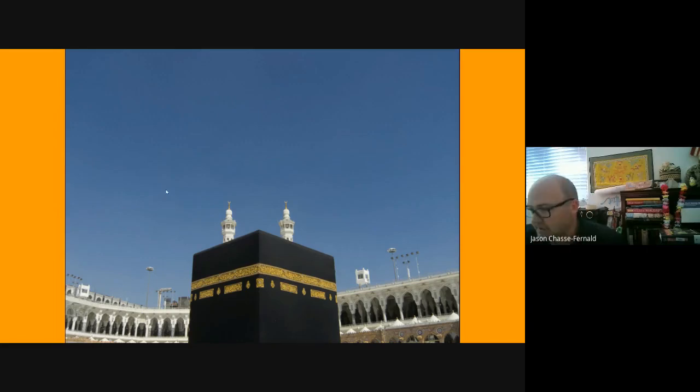Okay. So I generally start class by just asking, what is this? Right, what is this? And where is this? And for the most part, students are pretty easy to identify where in the world this is. This is in the city of Mecca. But very few know the name, the Kaaba, or what it is. All right. So, but why is this important? Why is Mecca important?